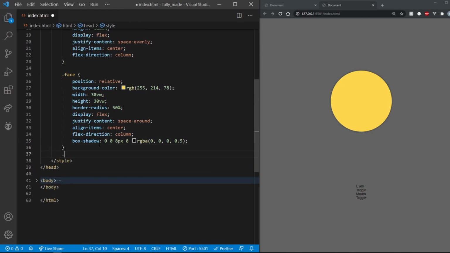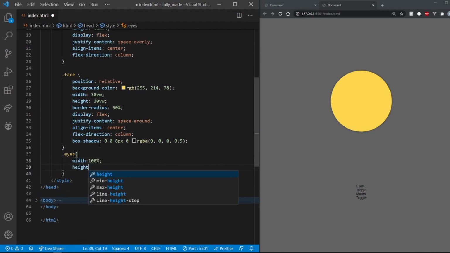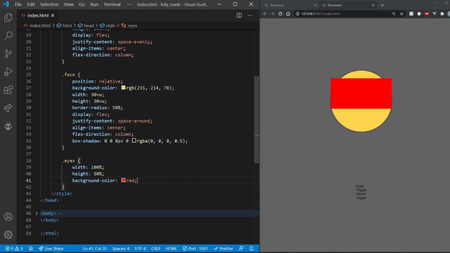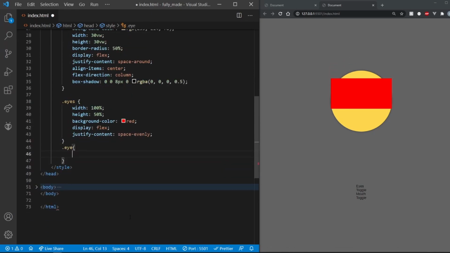This is a container that holds the eye elements. It's not the eye itself. With that in mind, set its width to 100% and height to 50%. Just to show you where it is, I'm setting the background color to red. We want the eyes to be spaced evenly, so flex that display and justify content to space evenly. That looks about done. Now coming to the actual eye part, let's give it a width of 20% and height